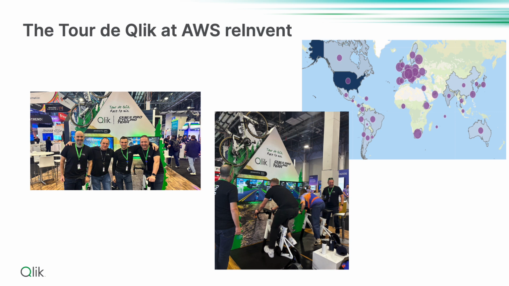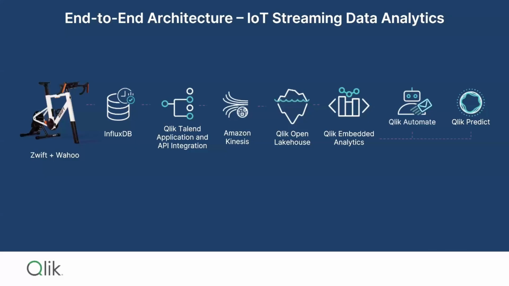Very cool. So in that demo, the participants are cycling, and the cycling data was actually what was streaming into your dashboards. Exactly. So if I show you the end-to-end architecture that we built out, the data generator was a Zwift bike with a Wahoo kicker off the back, a stationary cycling bike that generates a whole bunch of sensor data. Very fun. That data is stored locally in an InfluxDB instance. Technically, we have a Raspberry Pi that's sitting close to that bike.